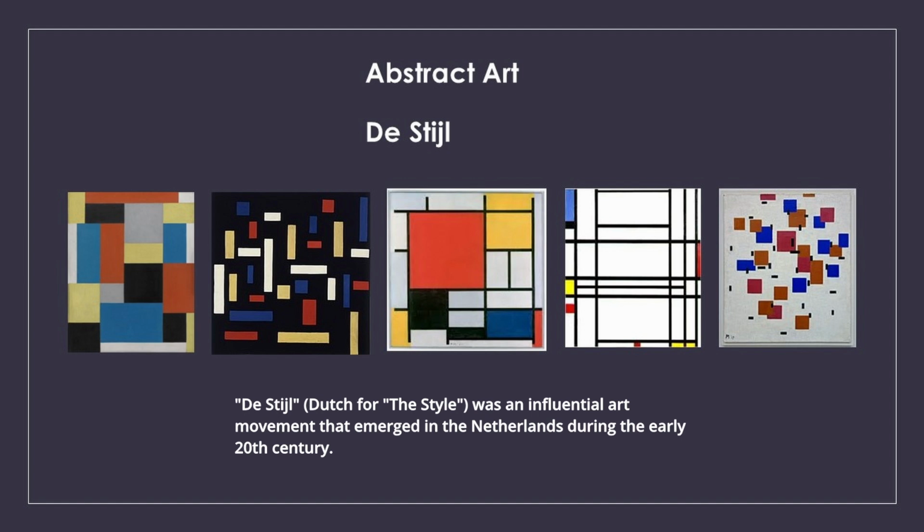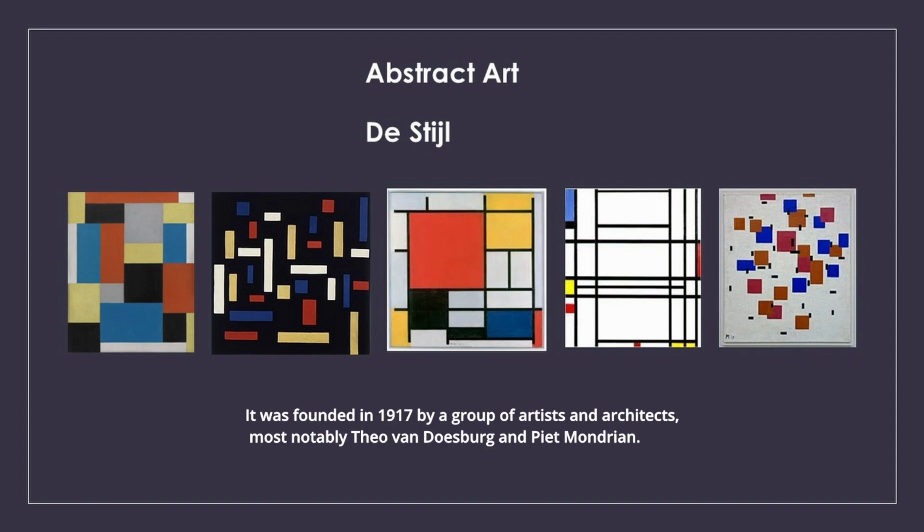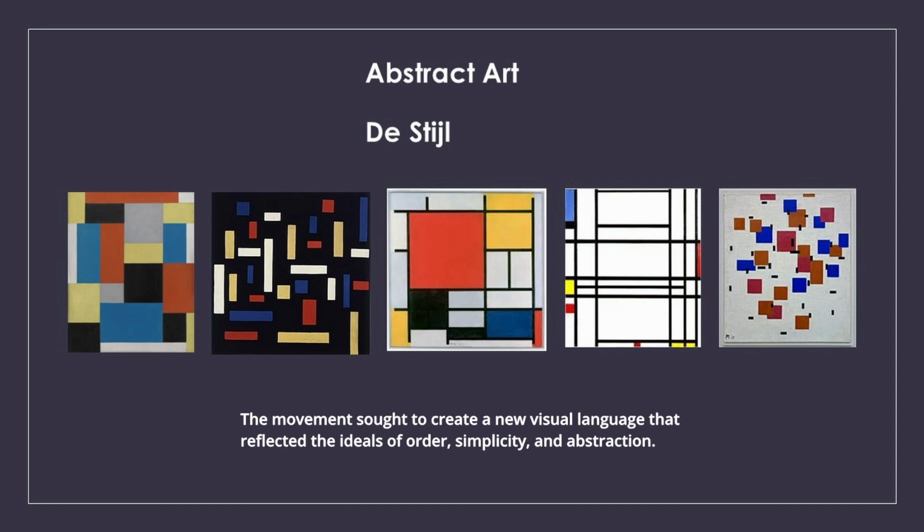De Stijl. De Stijl, Dutch for "the style," was an influential art movement that emerged in the Netherlands during the early 20th century. It was founded in 1917 by a group of artists and architects, most notably Theo van Doesburg and Piet Mondrian. The movement sought to create a new visual language that reflected the ideals of order, simplicity, and